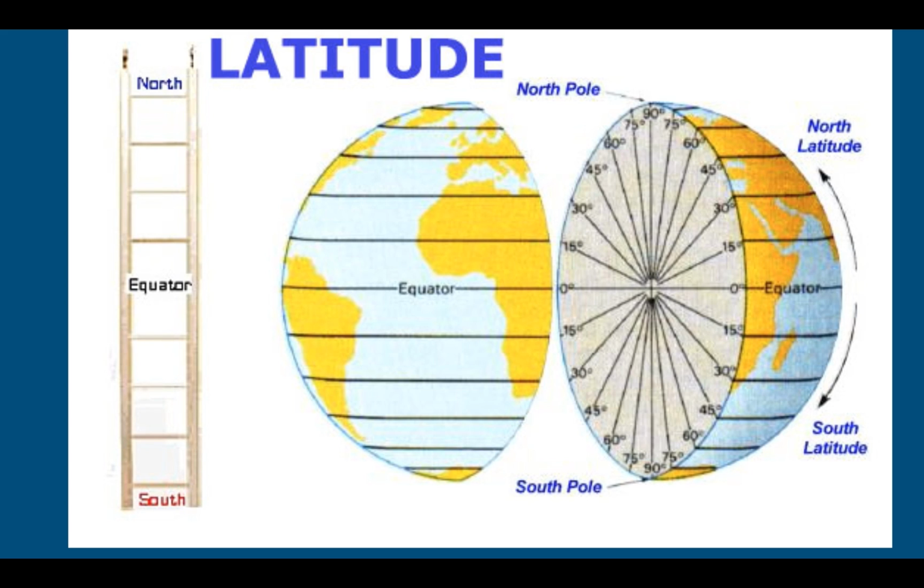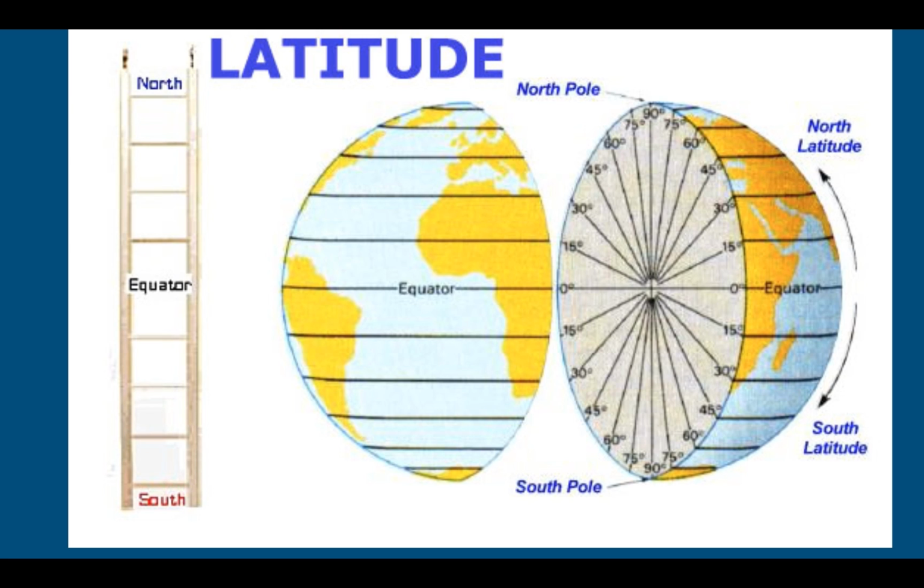Okay, so here's a visual. At the very bottom of your notes, you should see latitude, a box with a circle in it, and then it says basically fill in the latitude lines. I already drew in for you the equator, so I need you to draw 2 or 3 parallel lines above or north of the equator and 2 or 3 latitude lines below or south of the equator.